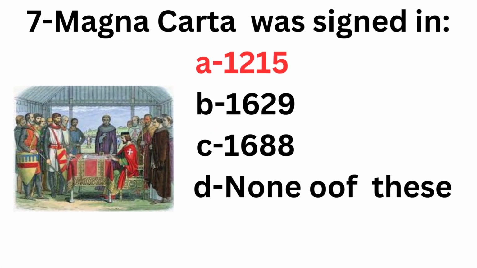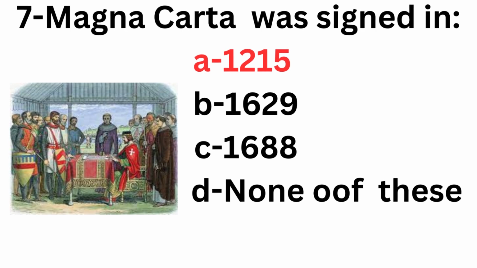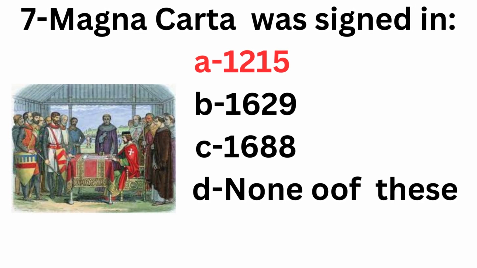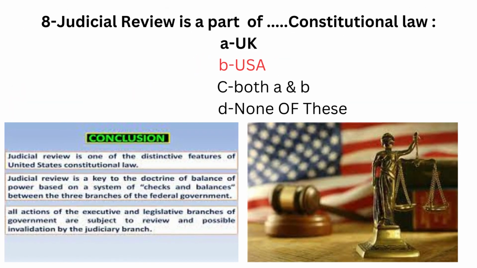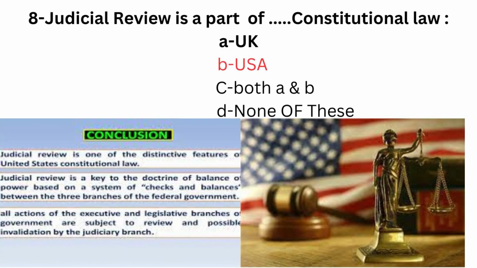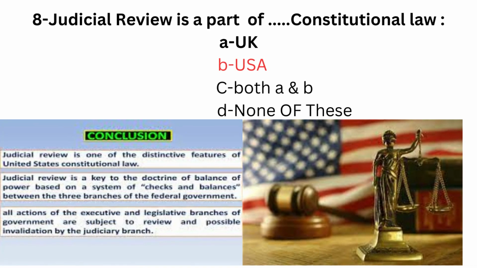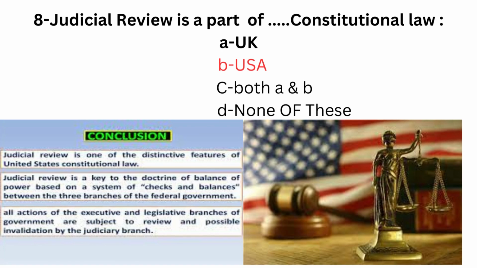Next one is: Magna Carta was signed in 1215, option A, during King John's period. Next one is: judicial review is a part of constitutional law in which country? It is option B, United States. Judicial review is one of the distinctive features of the United States Constitution, and it is key to the doctrine of balance of power, based on a system of checks and balances between the three branches of the federal